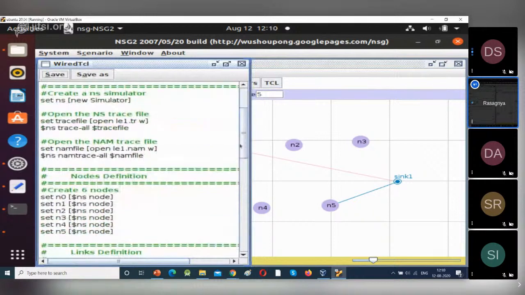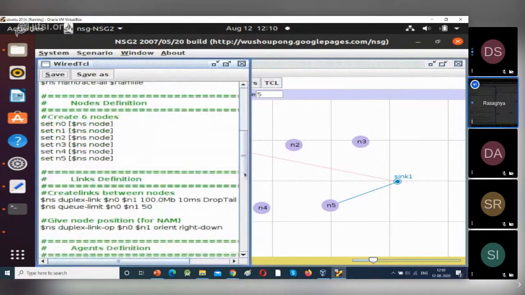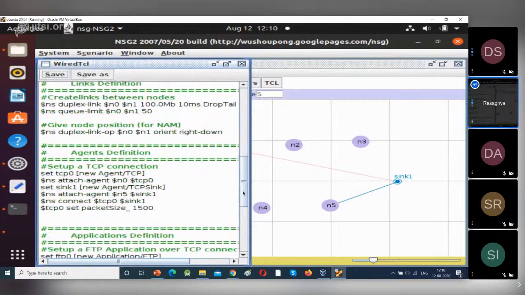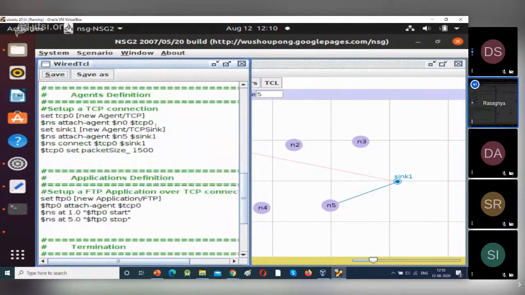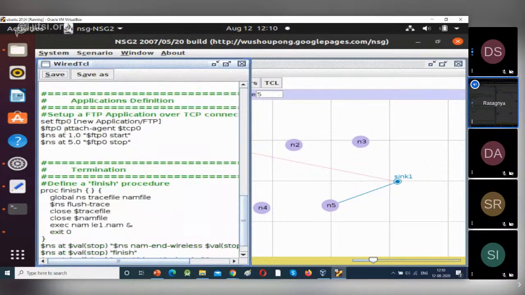Next, we have created 6 nodes and we gave only one connection, that is between N0 and N1. If you want to change anything, you can change it here. Next, we have connected one agent: to N0 we have connected TCP, and to N5 the sink. Next, this is the application. We gave start time as 1 and stop time as 5.